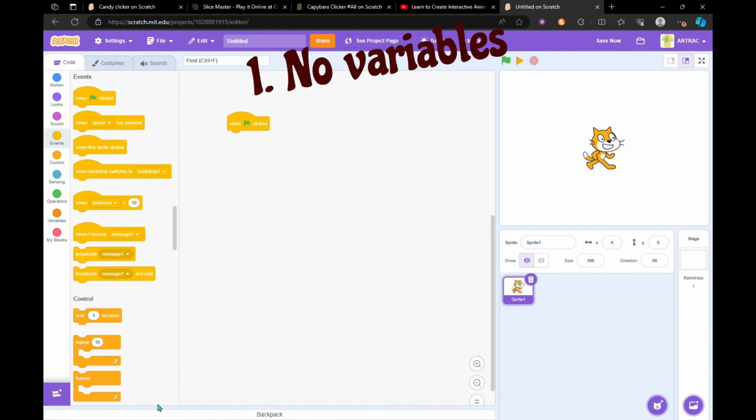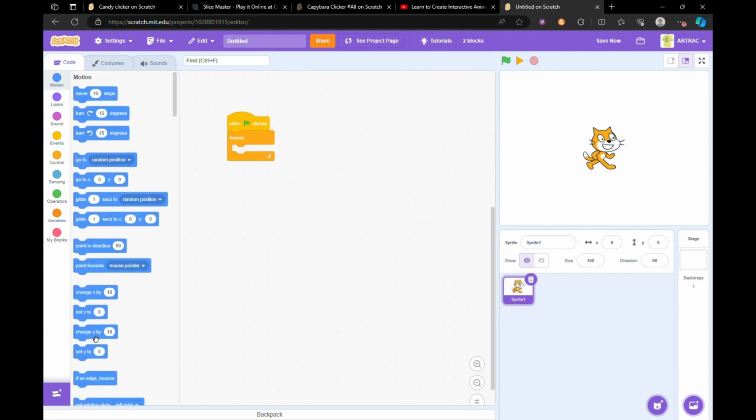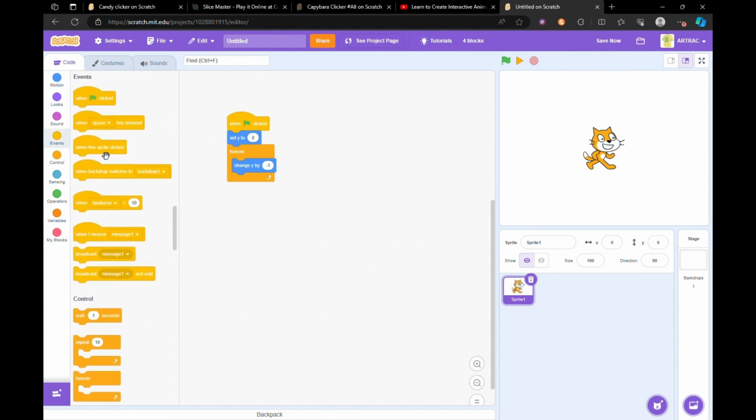We're going to drag out a when flag clicked, a forever loop. We're going to do change y by -1. And then we're also going to drag out a set y to 0. And then we're going to do when space key pressed,